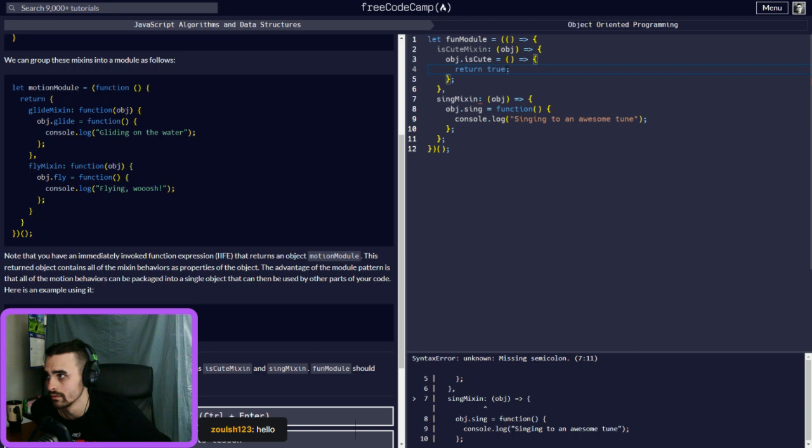So we're going to give it that as true, and this should have that. So this isn't going to be here. This is all within here. This is the first one, this is the second. This is the end of the object. This is the immediately invoke.